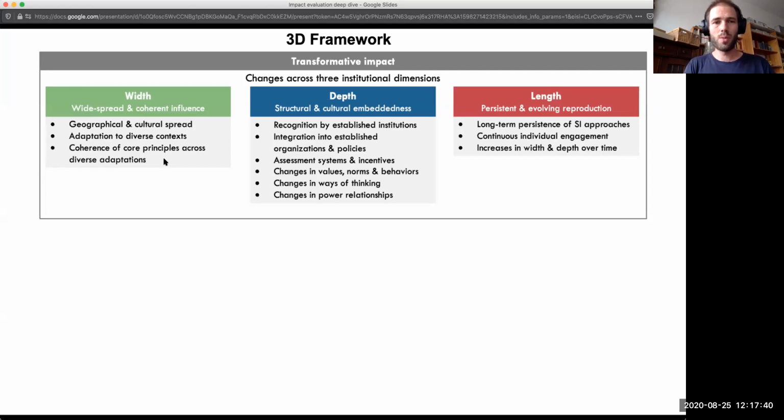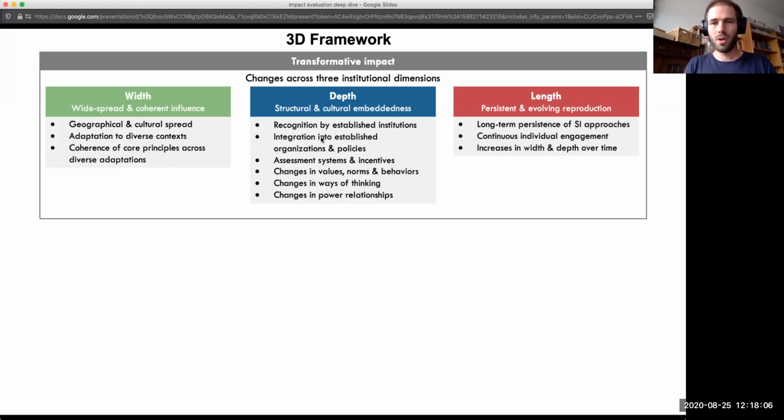There's a couple of experiments in different countries, but it's not very widespread in the sense that it's already the norm in all kinds of cultural contexts and across organizations, and it's not very coherent. There's different ways of implementing it. It's not really a coherent idea of how it can be funded, what the underlying principles are.